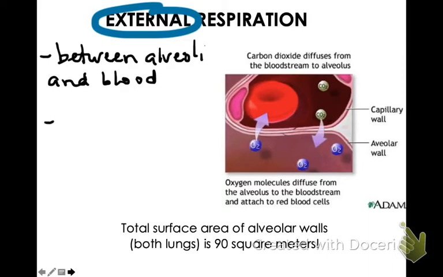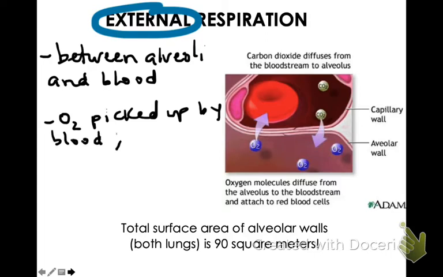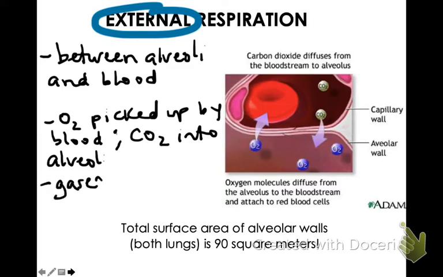So let's write a couple of things down. So the oxygen is picked up by blood. And then the CO2 goes into the alveoli. Okay. Gases always move from high to low concentration. You might remember that from freshman year when we talked about osmosis and diffusion. So they're always going to move from high to low